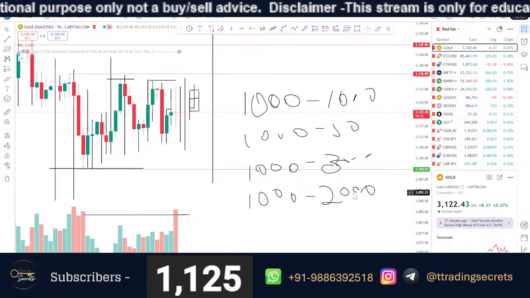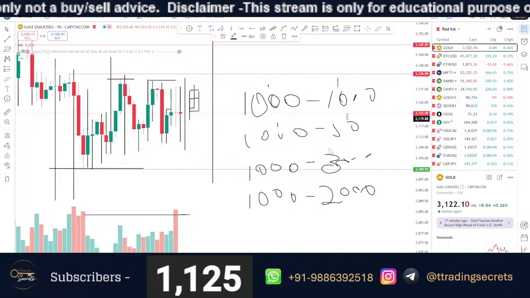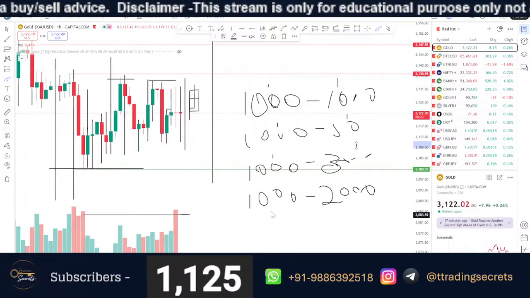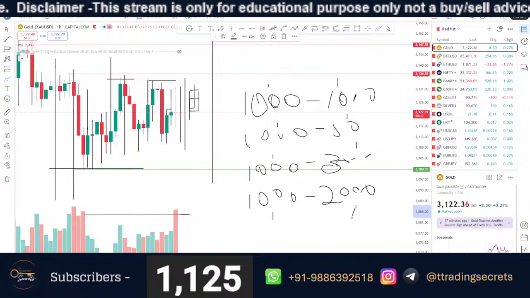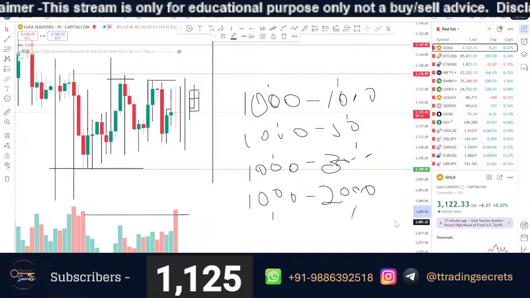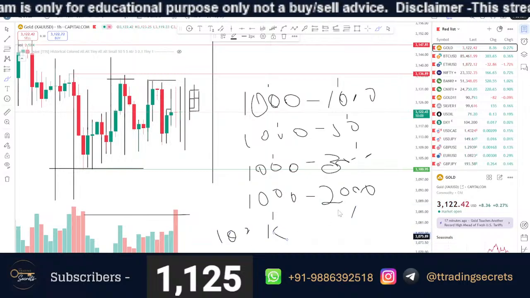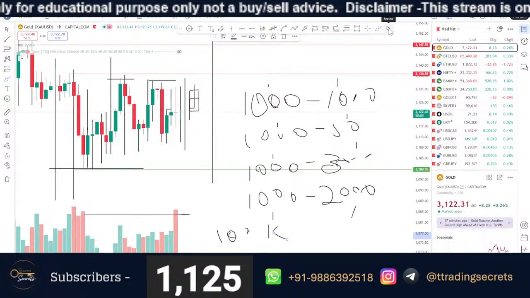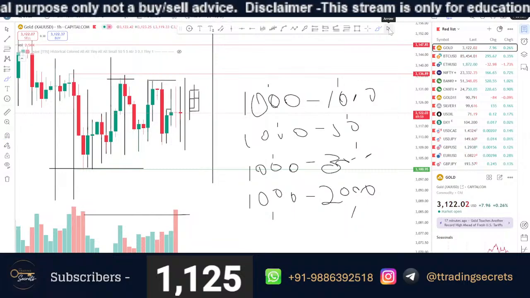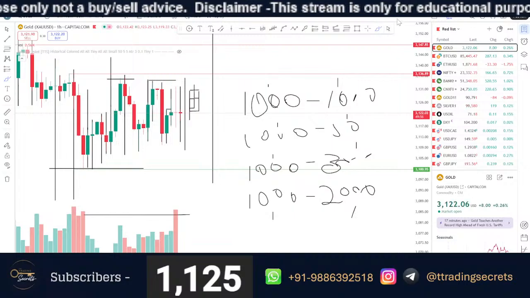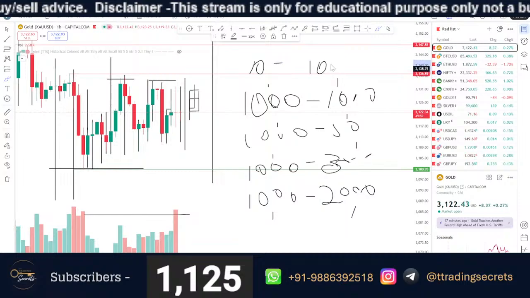So this is 1,000 rupees to 1 lakh, 1,000 rupees to 50,000, 1,000 rupees to 30,000, 1,000 rupees to 20,000. 50,000 ka trade is a long way. Today I have started that account. I have said you 7 days. After 7 days, that 100K plan of video will come. Right? From morning, I was talking about 1,000 rupees, which is $10. From $10, we have converted it into 1,000 is what I am talking.